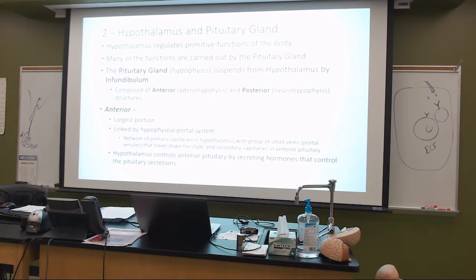The ultimate control for the pituitary comes from the hypothalamus. So, this primitive region of the brain is controlling the pituitary. This hypothalamus is regulating primitive functions, which means that the pituitary